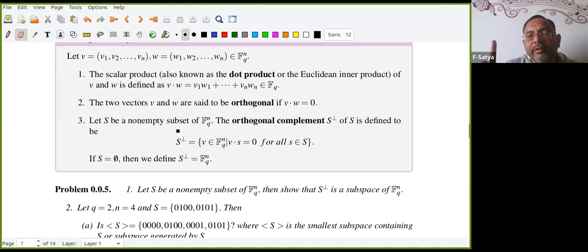What is the second question you need to ask? If two vectors are there, the sum is also there. What is the third one we need to ask? If a vector is there, then the scalar multiple is there, right? What do we mean by checking it is a subspace? We need to ask these questions to ourselves. Does the zero vector belong to this? Is the zero vector orthogonal to each and every vector in S? Yes, right? Next, if two vectors are in S perp, they are orthogonal to each and every vector in S. Is their sum also? And if a vector is in S perp, its scalar multiple.